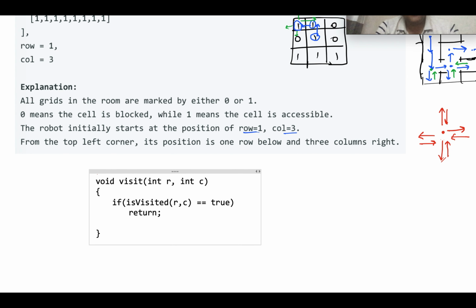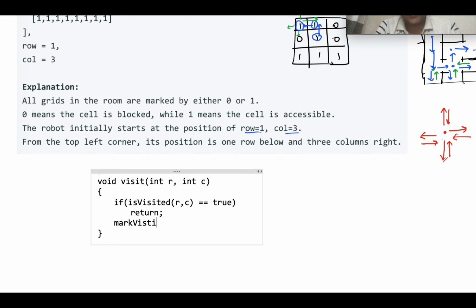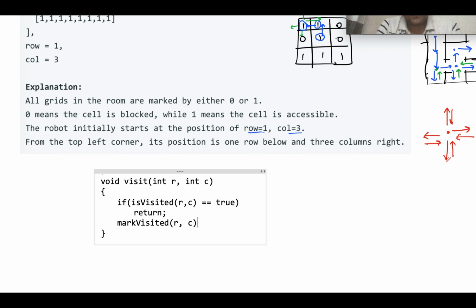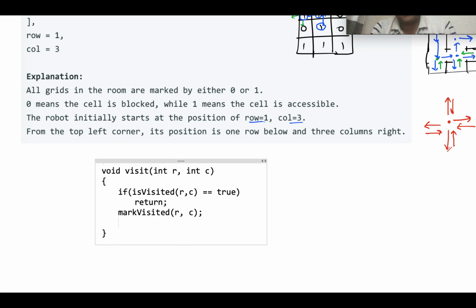Otherwise, we should mark it as visited. So mark visited RC. So now we have visited this cell, the current cell, and then we should do the same for the nearby cell.